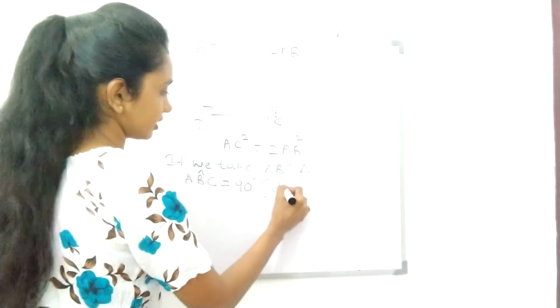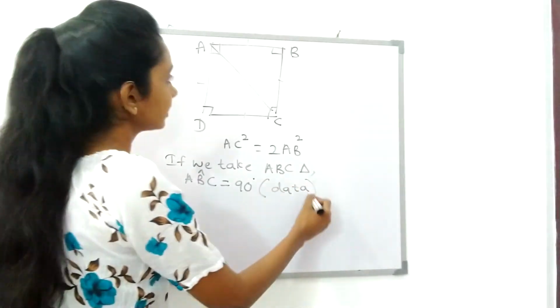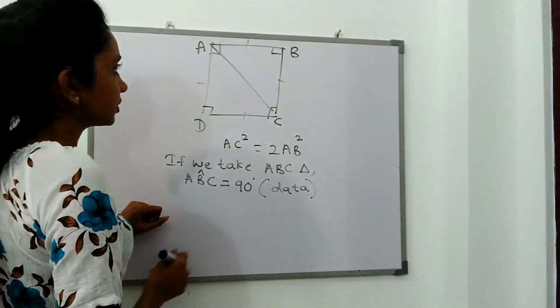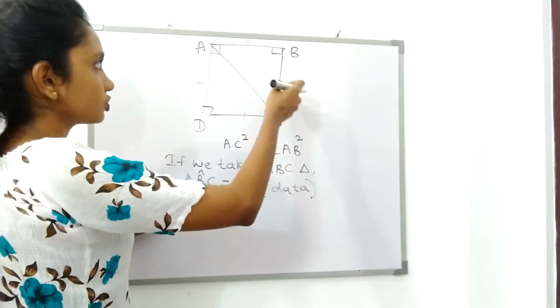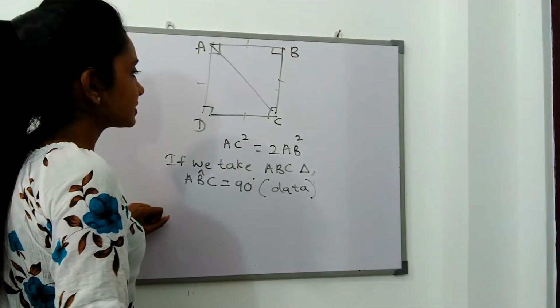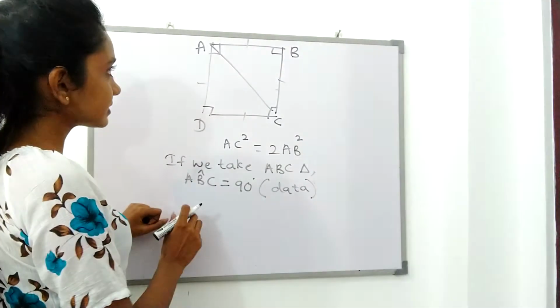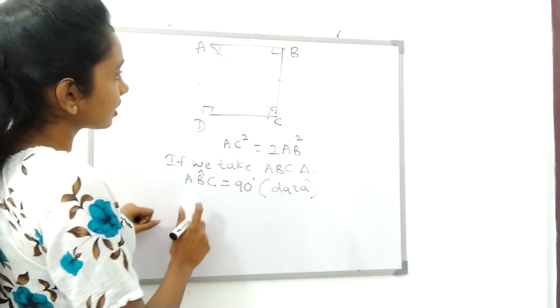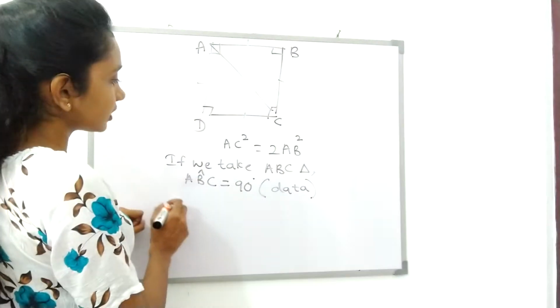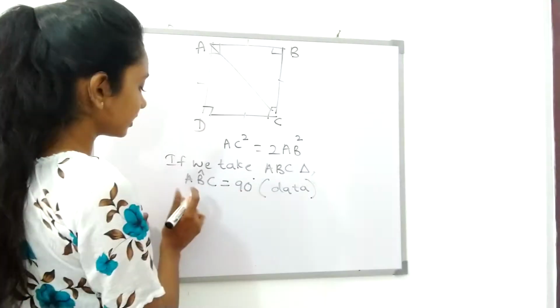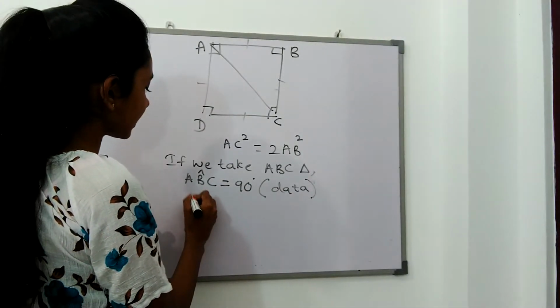It's the given data, because they are saying this is a square, so according to that we know this angle ABC is 90 degrees. And the next thing, children, if ABC is 90 degrees, then we can prove that